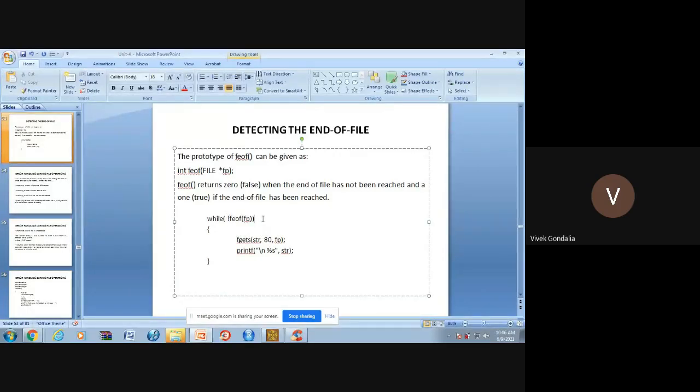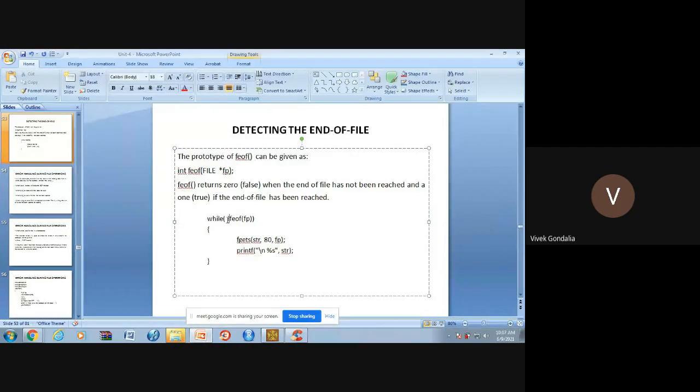So now we have to understand, when 1 is there, when true is there, then some data is there. But when it is false, then data will not be there, right? If you do not write it like this, then the condition would be 0, false means data is there, true means data is not there. But I want the reverse condition, because if I use this, then the while loop will not run. So now this condition will be reversed. When it gives true, then data is there. And if it gives false, then data will not be there.